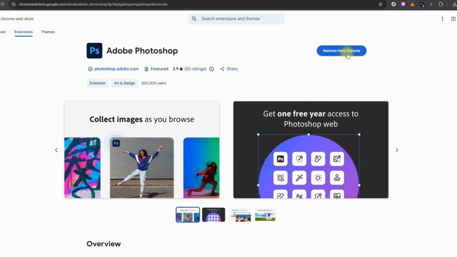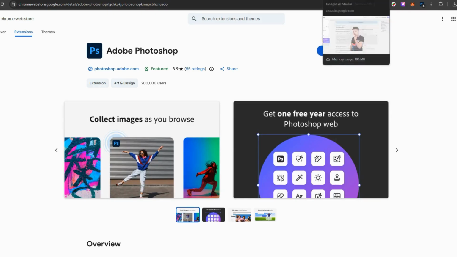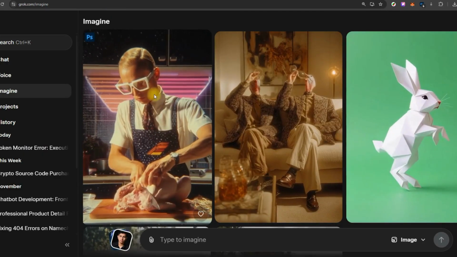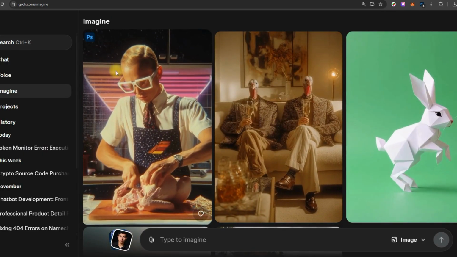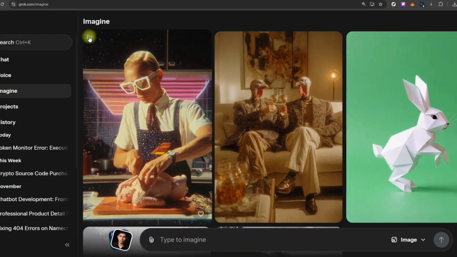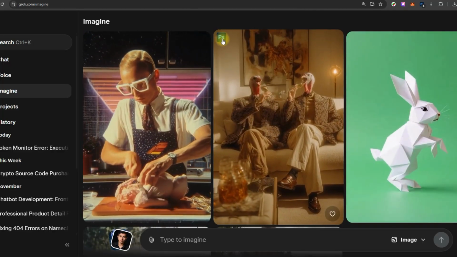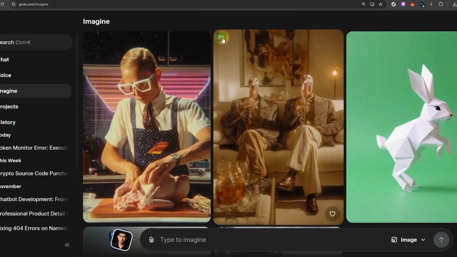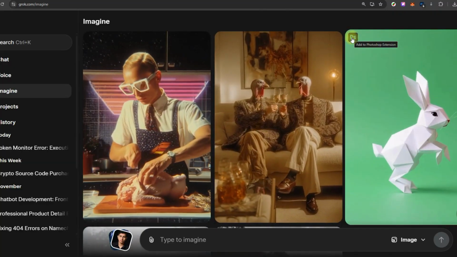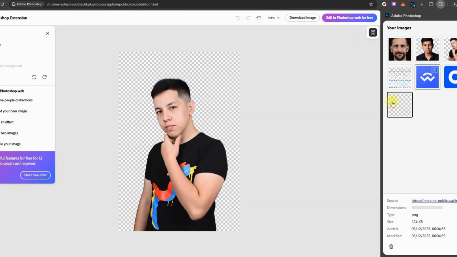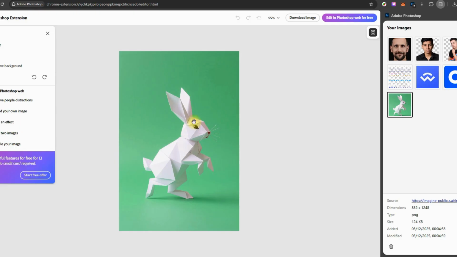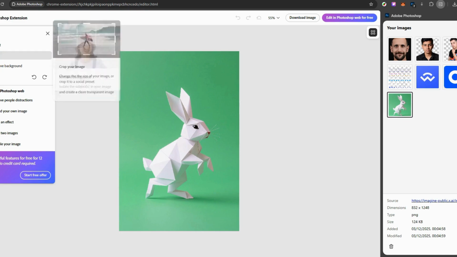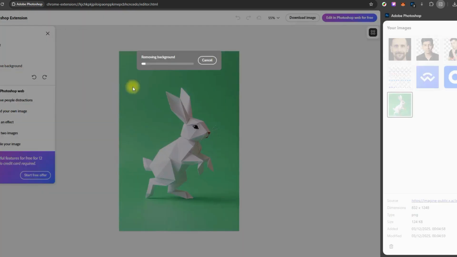So you have to install the extension, and let me give you an example. When you hover over any image, you can see the icon of the Adobe Photoshop extension. So you have to click on it. This will open the image in the Adobe Photoshop extension. So you can now remove background, crop or adjust the